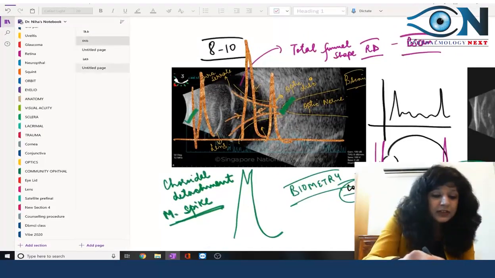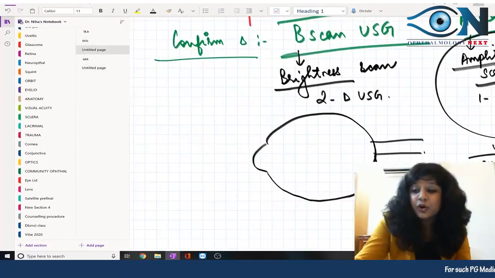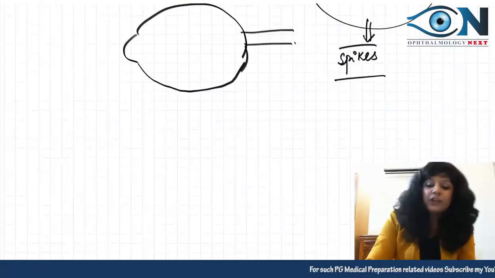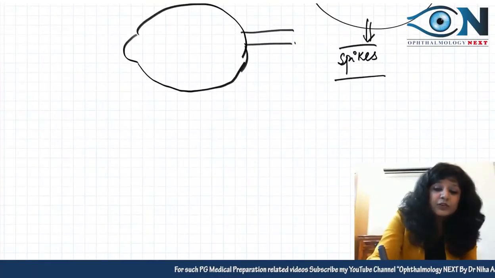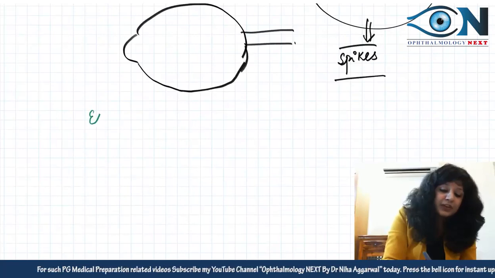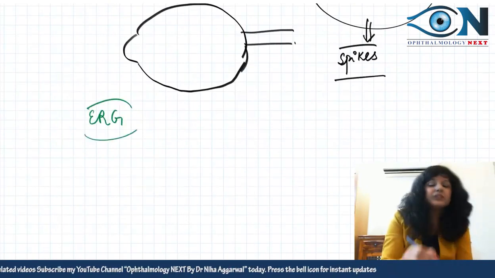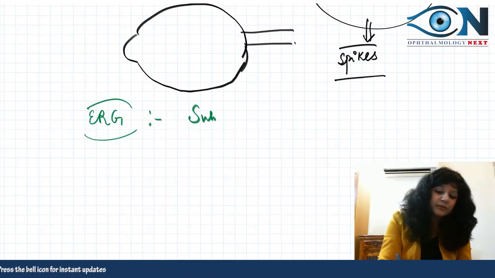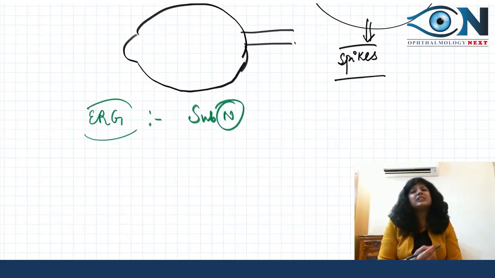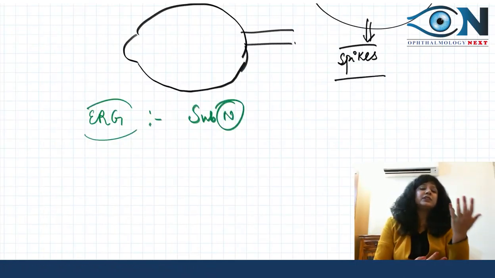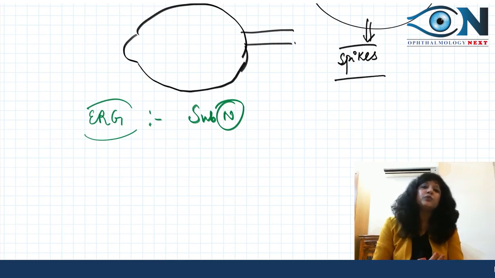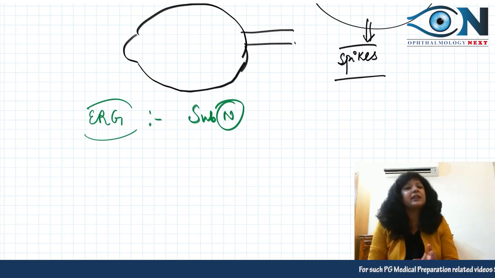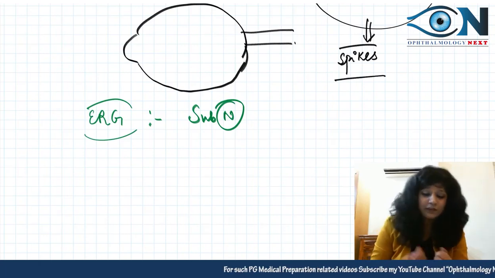Now once we are very sure, what are the other things that I can do? I can also go with the ERG. What about ERG? Because it's a retinal detachment, and RAPD was also present, this will also come out subnormal. But obviously this is not mandatory. You have already searched for the break, you have applied the Lincoff rule, you have confirmed it with the B scan and A scan. So this is just supportive evidence.